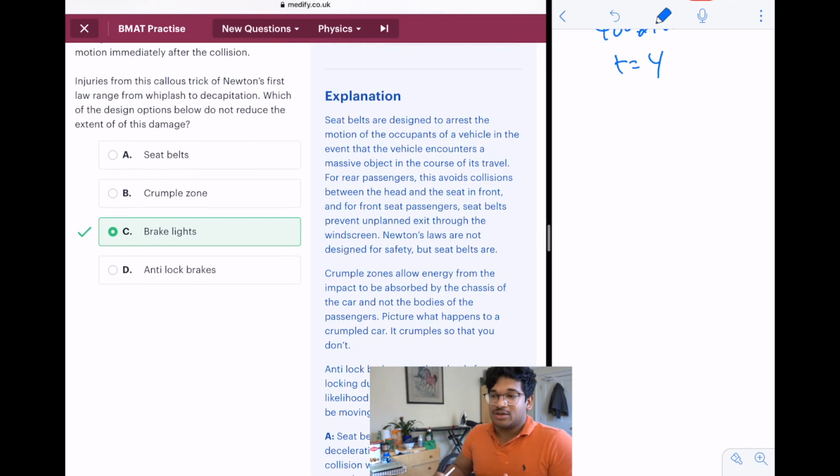Anti-lock brakes, yes, because what they do is prevent the wheels from skidding. Usually if you press the brakes hard and the surface is very slippery, your brakes seize up. Whereas with anti-lock brakes, they release the brakes every so often, and that allows the car to try and regain some traction, and also slows it down a bit more. Seatbelts hold you back so they don't let you lurch forwards after the car's crashed. And the crumple zone is designed, although your car is going to be written off, to absorb as much of the impact as possible by the car's structure, therefore reducing the impact transferred